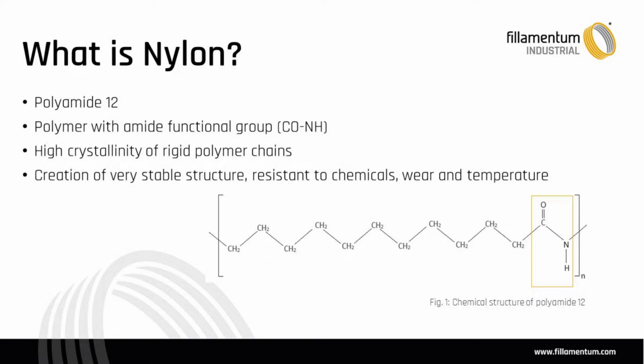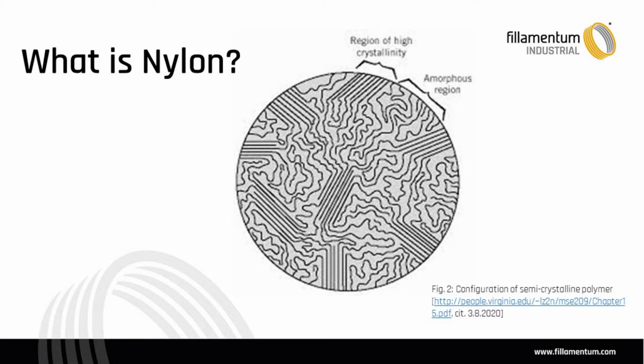Because this monomer is long and rigid, it creates very rigid polymer chains, which leads to high crystallinity of the polymer, and therefore we get a very stable structure of polyamide, and it leads to a material very resistant to chemicals, to wear, and to temperature. When we have a look at this picture, you can see regions of high crystallinity and regions of amorphous structure. And the ratio of these two regions